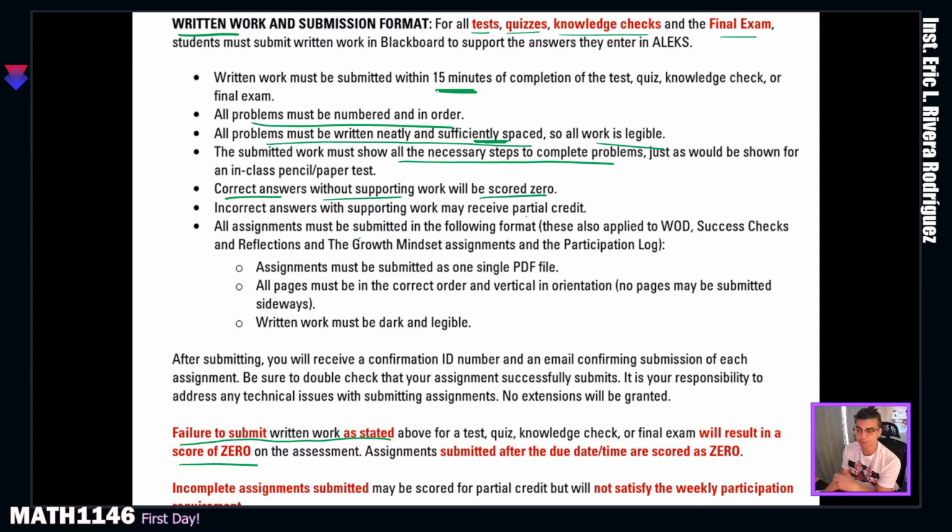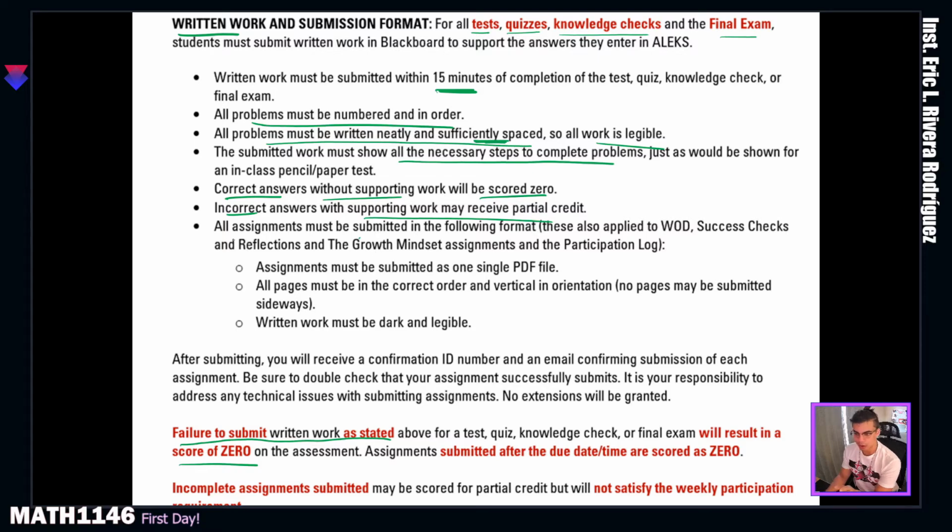All right. If you got 100% on the test in Alex, but you do not submit any kind of written work that supports your final answer, that 100% is worth nothing. It is going to be a 0% grade. On the other hand, if you have incorrect answers, but you have shown supporting work for those answers, and you are correct on the majority of them, you are going to receive partial credit.